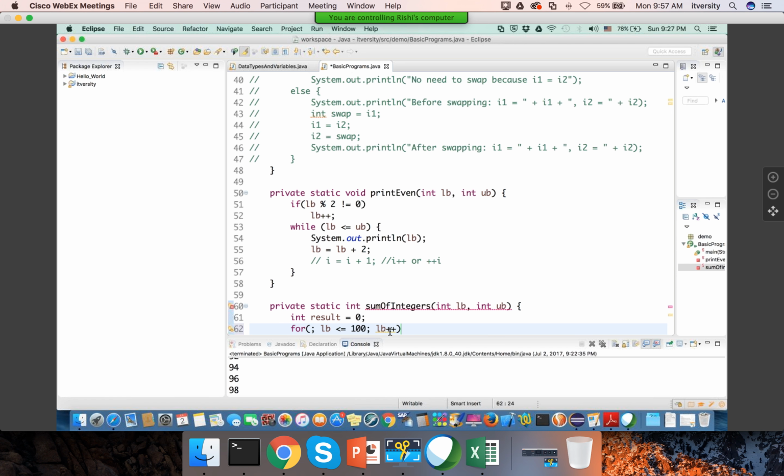not less than or equal to 100. I have to say UB, because we are trying to use LB itself as lower bound. We don't need to initialize here. That's why I say just semicolon, because initialization is optional in this case. We should not initialize to anything. Okay, and then I put the condition, as long as LB is less than or equal to UB, I have to increment. So this is the increment logic,